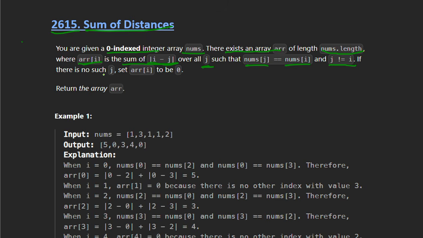And if there exists no such index j, then arr of i will be 0, and we have to return the array, right?